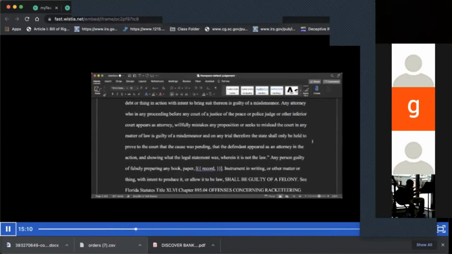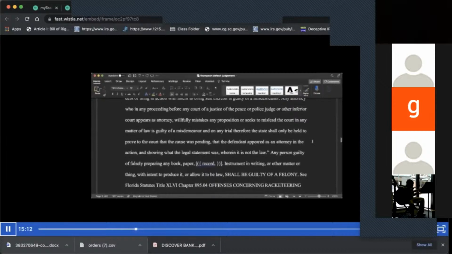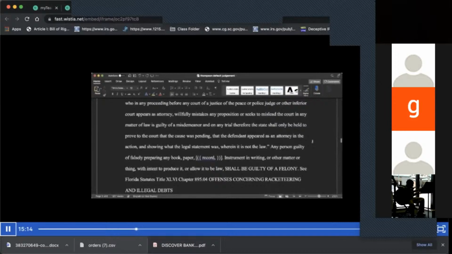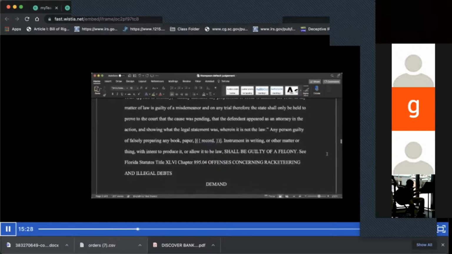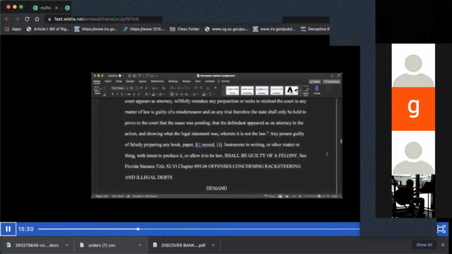Any attorney who in any proceeding before any court, justice of the peace, police judge, or other inferior court appears as attorney and willfully mistakes any proposition or seeks to mislead the court in any matter of law is guilty of a misdemeanor. And on any trial, the state shall only be held to prove to the court that the cause was pending, that the defendant appeared as an attorney in the action,